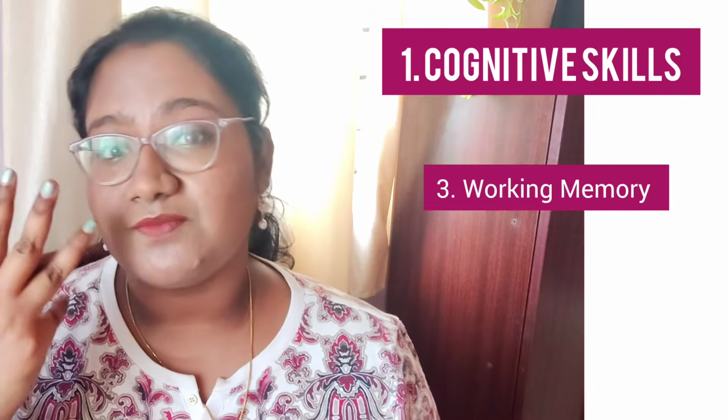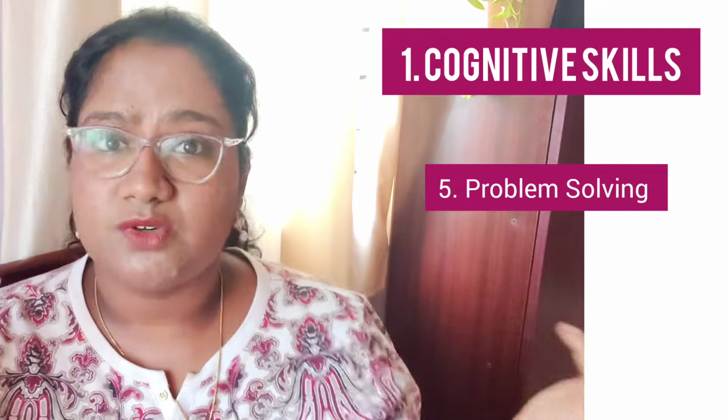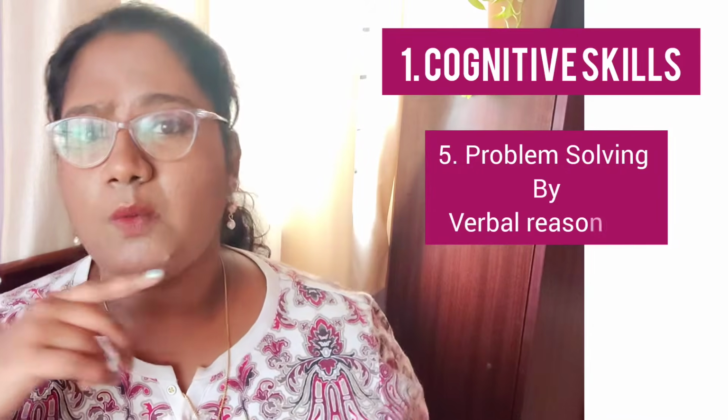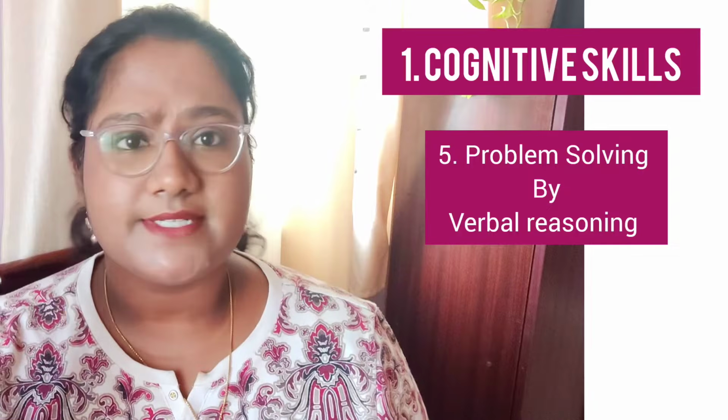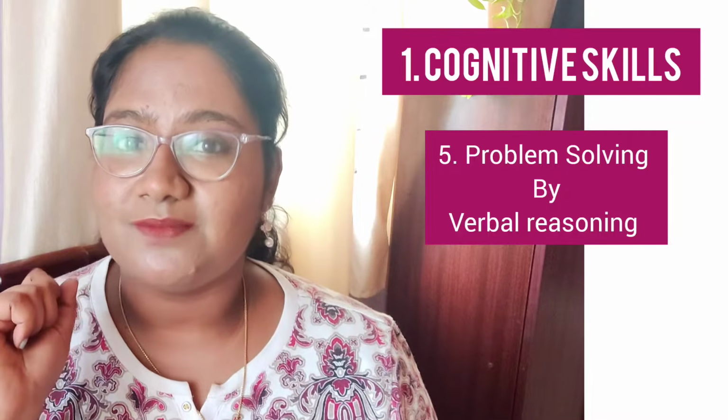They should also have some verbal problem solving skills, like what will you do if the pencil lead breaks? Or what happens if you get hurt, what do you do? What do you do if you're going out and suddenly it starts raining? So these are verbal reasoning questions your child should be able to answer. These are the cognitive underpinnings of language.